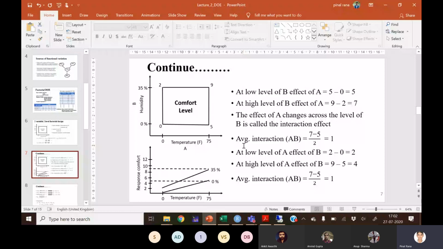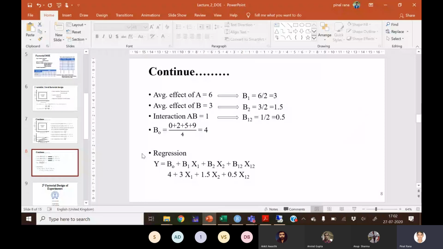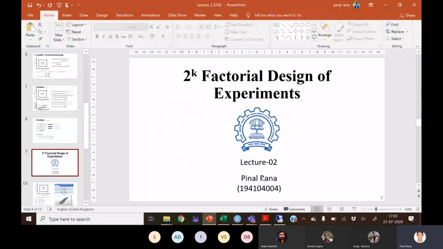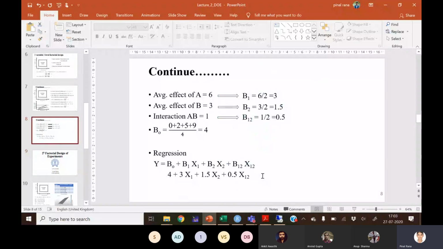So in the first lecture, due to some reason, I was not able to demonstrate this problem in Minitab. So today I will first demonstrate the same thing in Minitab for the two level design, and then we will move to this 2^k factorial design, taking the same problem and adding some more complexity to that particular problem, and then generalize the whole problem and try to solve it. Okay, so